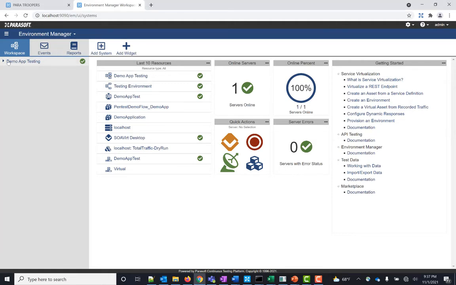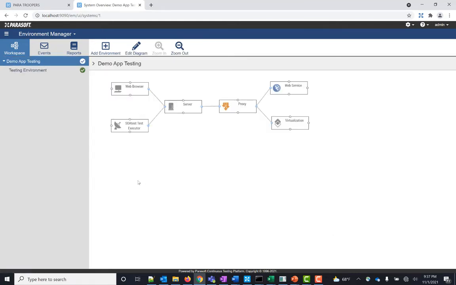I'll drop this down to better describe our example. Whether we're using a web browser or SOATest, it doesn't matter, because either one, we're hitting the online store server, which is accessing these back-end web services. Now, I have imposed this proxy between the server and its back-end service, and then implemented my virtual asset here.